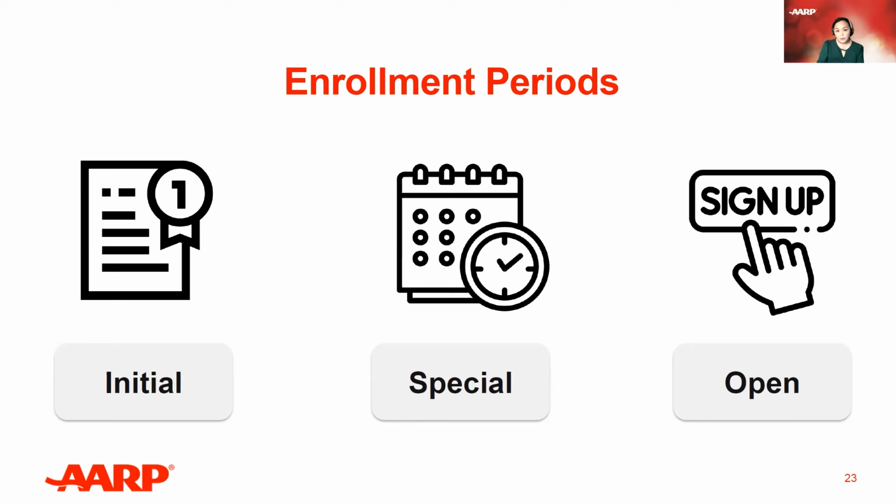Then there's a general open enrollment period, which is catered more for those people who are already enrolled in Medicare and are reviewing their existing coverage, and may or may not want to make changes. Open enrollment is a set time every year, October 15th through December 7th, in the fall. That's when people can make changes to their existing Medicare coverage. But if you're enrolling for the first time, it's usually an initial enrollment period or a special enrollment period, depending on your situation.